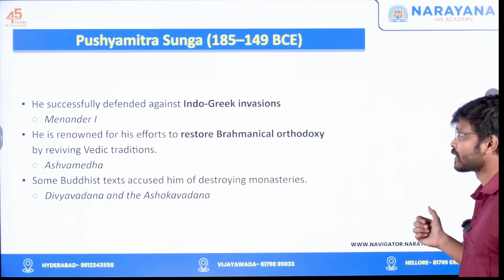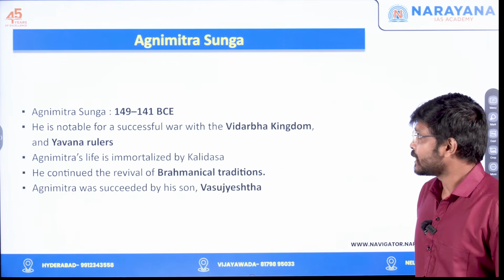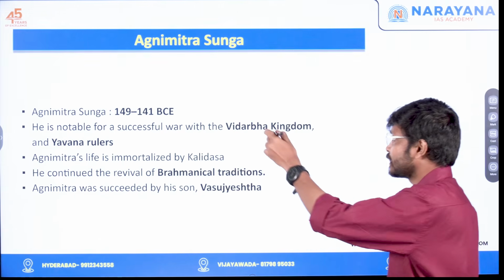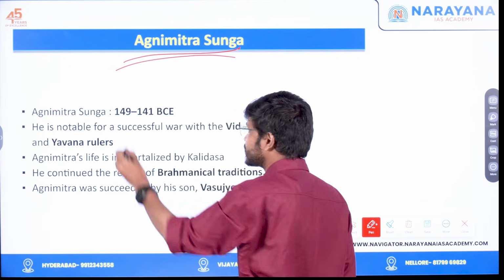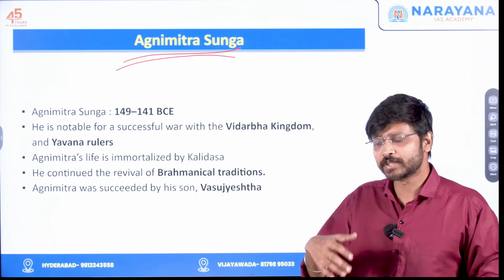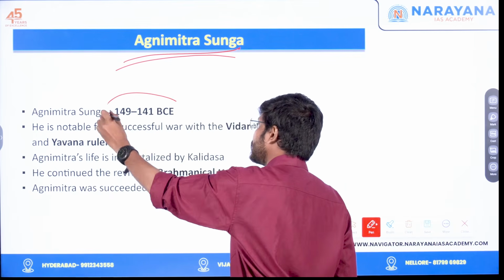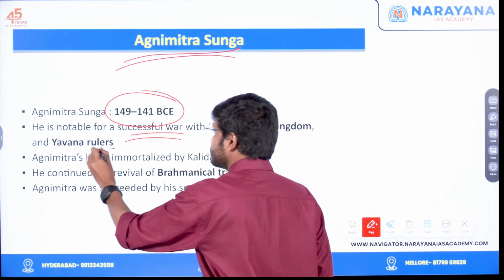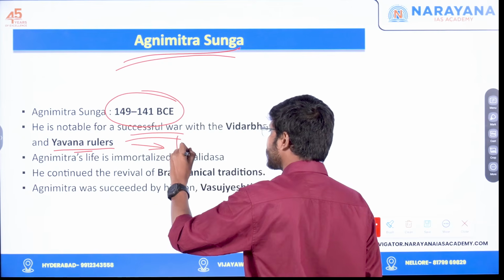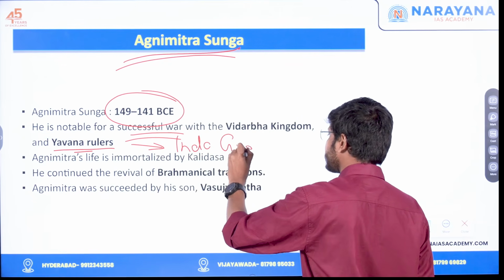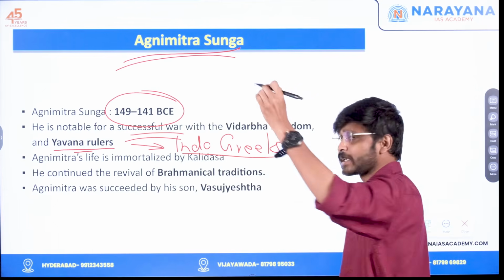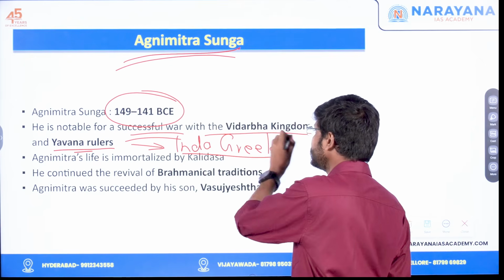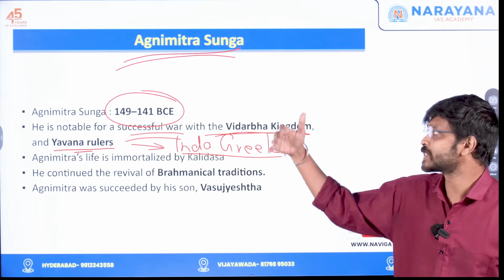Okay, next, another popular king in the Sunga dynasty is the son of Pushyamitra Sunga. Agnimitra Sunga is the son of Pushyamitra Sunga. After Pushyamitra Sunga's reign was over, after he was dead, Agnimitra Sunga reigned. He is also notable for successfully resisting the Yavana rulers. Yavana rulers means again Indo-Greeks only. They were also known as Yavana. They were ruling over the Gandhara region. That's why they are known as Yavana rulers, and also the Vidarbha kingdom. These are the two important successful wars which Agnimitra Sunga